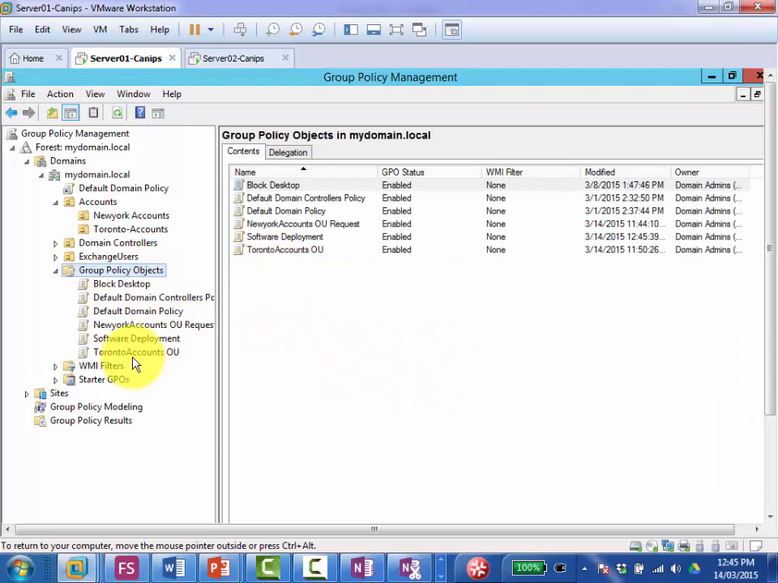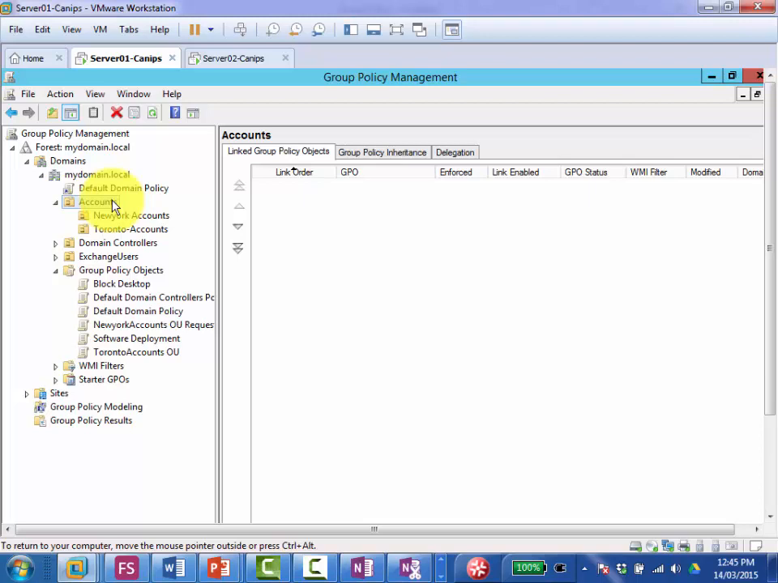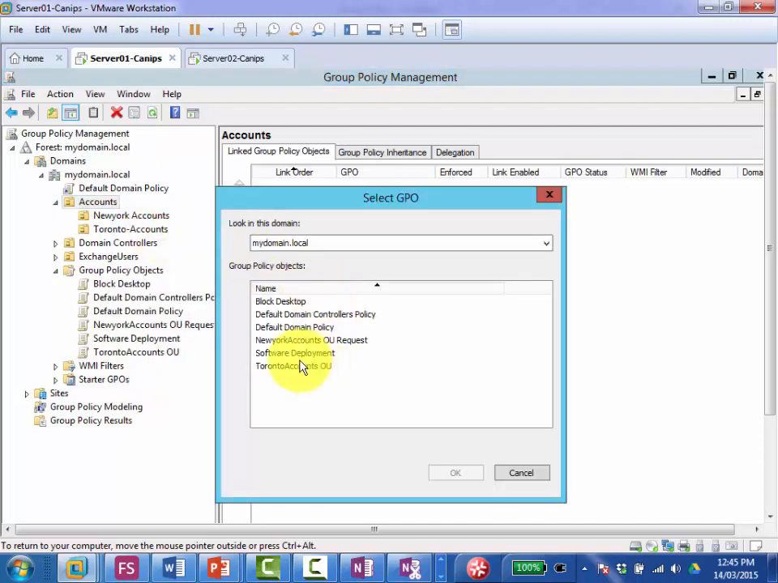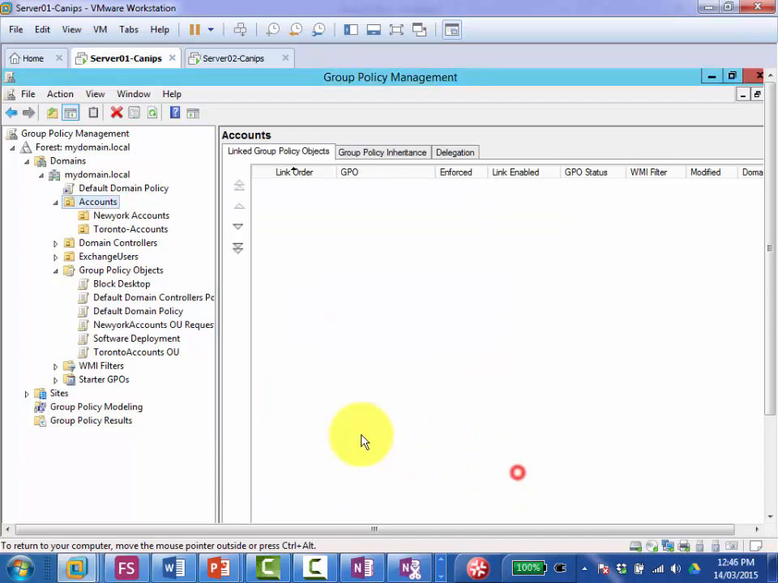Now there is software deployment here. I'll just link it. I didn't edit anything, but I'm just linking it to the accounts department. How do I do that? Right click and link an existing GPO, software deployment. You can drag and drop it too. Exactly, drag and drop. Okay, since we did the link thing last time, let's try to drag and drop this